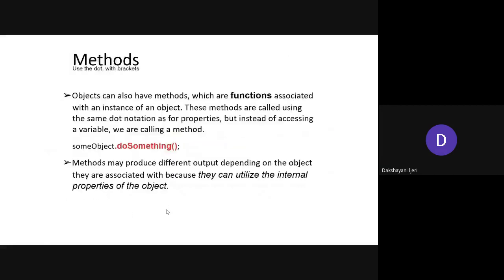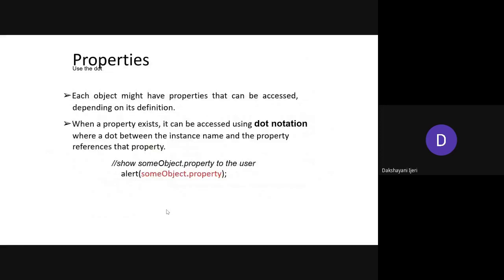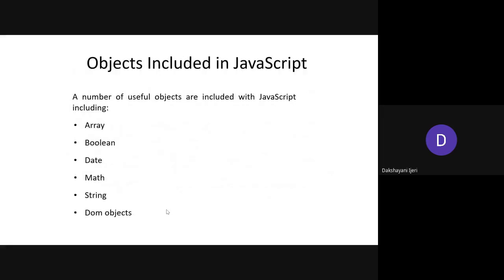Before that, we'll discuss all the different types of objects that we can discuss in JavaScript. The array, and all these objects or whatever concepts we are discussing are not at all new only to JavaScript. All these things have already been used with other programming languages as well. The only thing you need to understand here is the way in which it is used, or the syntax being used for using all these concepts in your program.